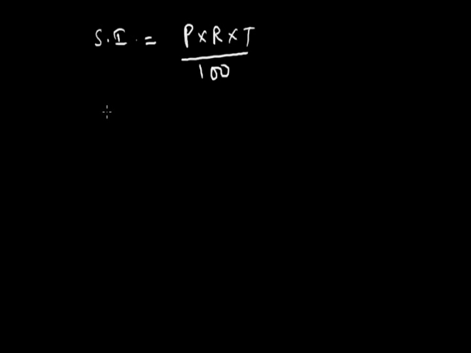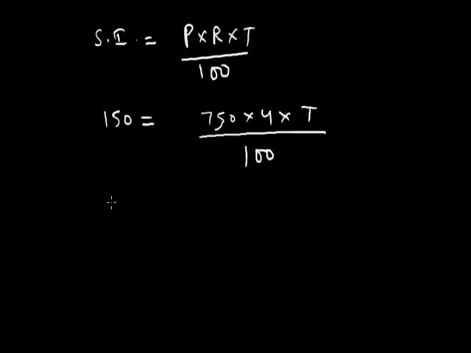We get the numerical value of SI equals 150 using equation number 2, and we have the values of P and R for the right hand side of equation 1. We can put those values in the RHS of equation 1. We will get P multiplied by R multiplied by T divided by 100 equals 150, with P as 750, R given as 4% per annum, and T, which we have to calculate, as T years, divided by 100.